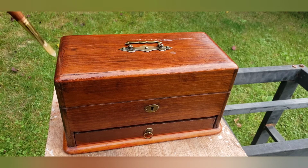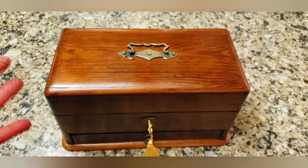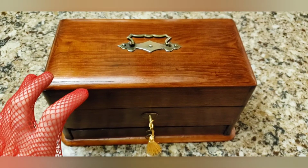And after 20 minutes, that gives it enough time to actually absorb into the wood. Then you're going to wipe it off, and it's actually going to leave a high polish shine. So I'll be back in 20 minutes to show you the finished results. Stay tuned. Okay guys, so this is the finished product after putting on step 2, which was the Howard Feed